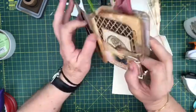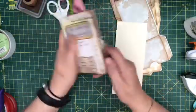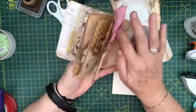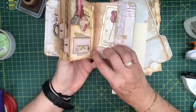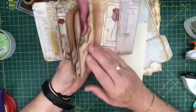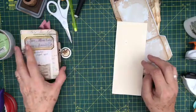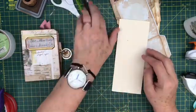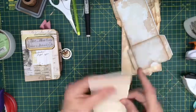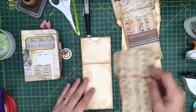So what I'm going to do, we'll see how the time goes, but what I'm going to do initially is show you how I constructed the pockets, and then the hinge system, and the cover. And I think the embellishments I will do on camera, but I'm going to do them in another part, otherwise this will get too lengthy. Okay, so